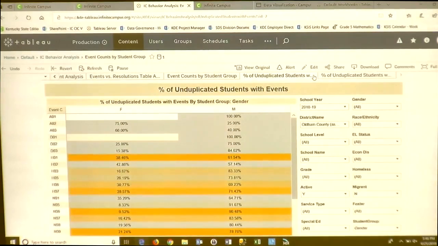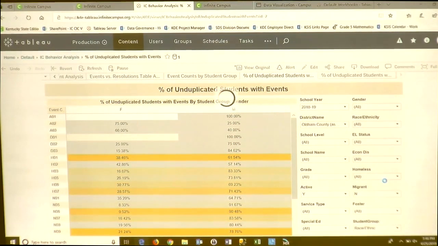Because when you look at student groups and you look at numbers, you could have one student that had 5 events, but when you look at the unduplicated students, this gives you a really good, clean percentage. This looks at number of students, and you can kind of in your head even think about, okay, I've got this many kids in my school. These are my male and female, but I can change it over here to race, ethnicity, and look at it